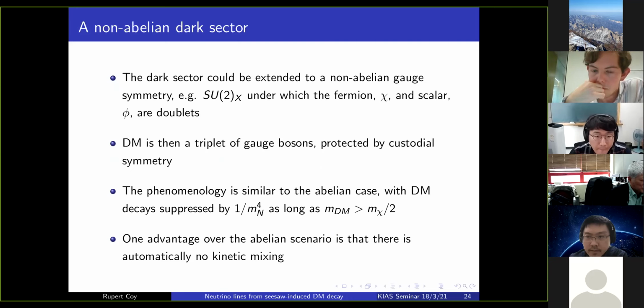For example, B_mu nu times trace of phi dagger W_mu nu phi. Conceivably, but at the renormalizable level, there isn't. No, not at the renormalizable level, but